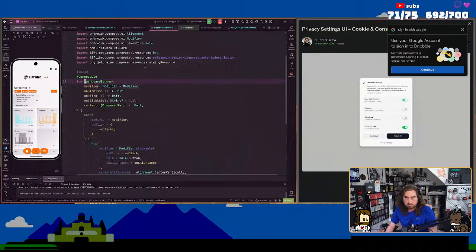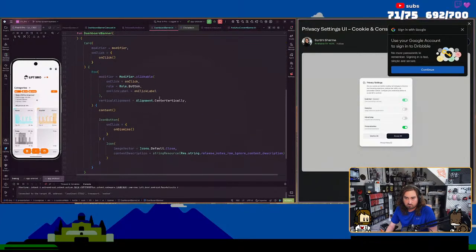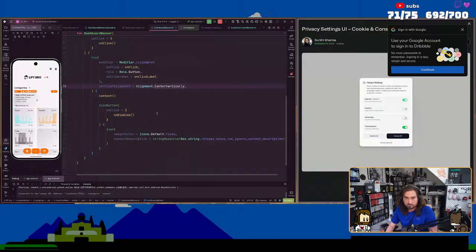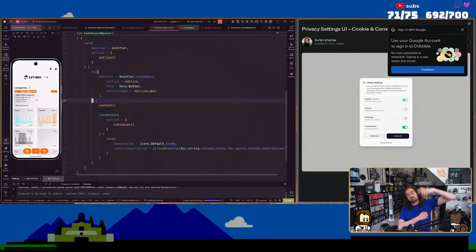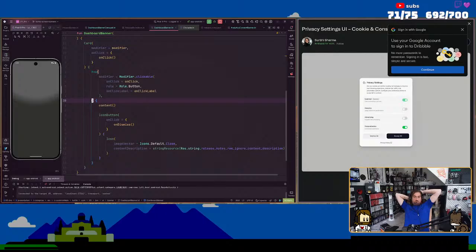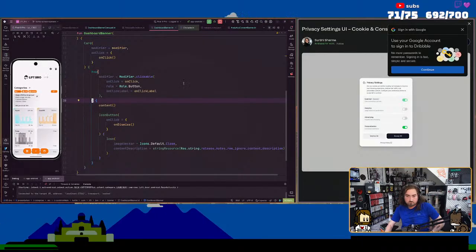Okay, so I do want the dashboard banner. I want center vertically. I don't think I actually want that. So I want the button to kind of be like in the top corner. Yeah, I like that.